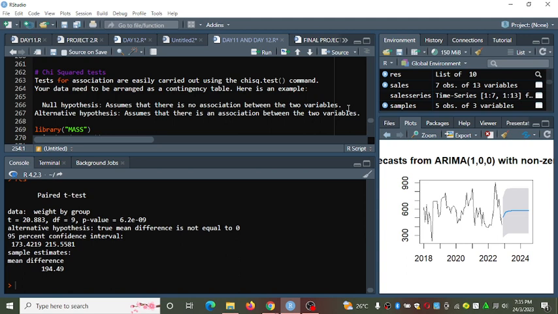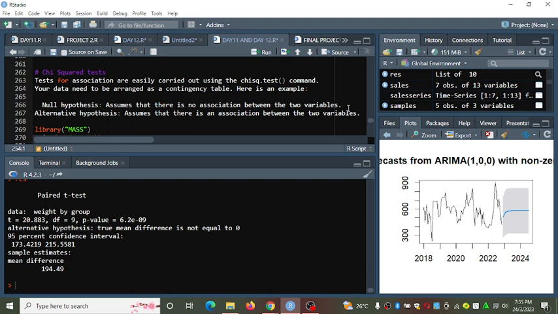Tests for associations are easily carried out using the chisq.test command. Your data need to be arranged as a contingency table.